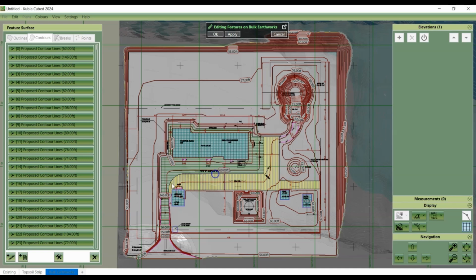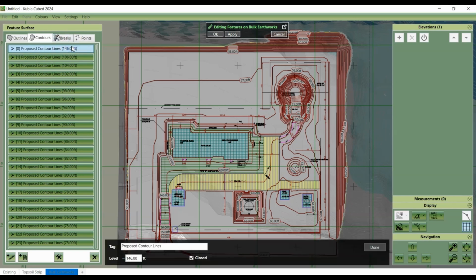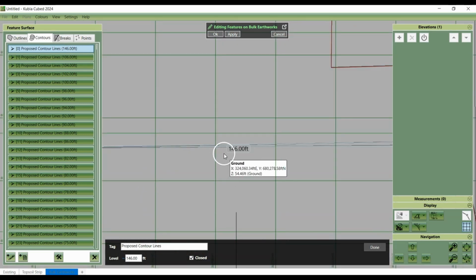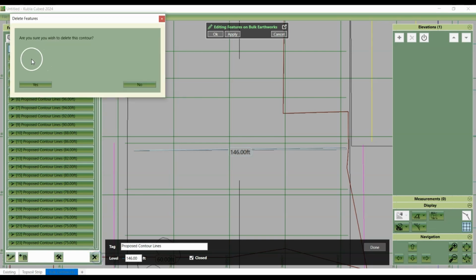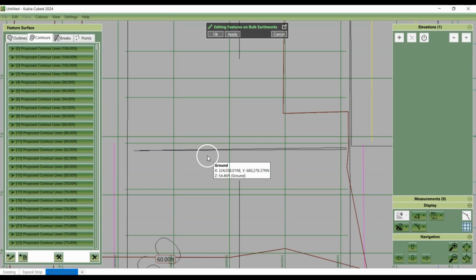Okay, and then we'll just delete one of them. We can check where it is by going to the selection, and it's this, and it looks like it's just there, an error. So you can delete it, or you can change it to the correct elevation down the bottom here. So I'll just delete that one as well. And okay.